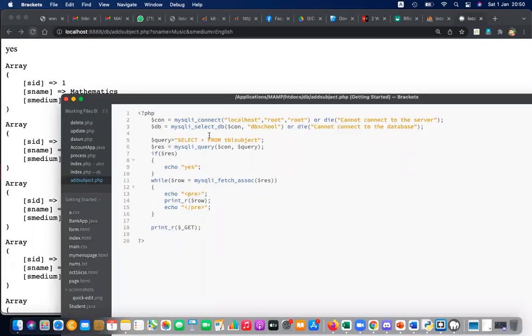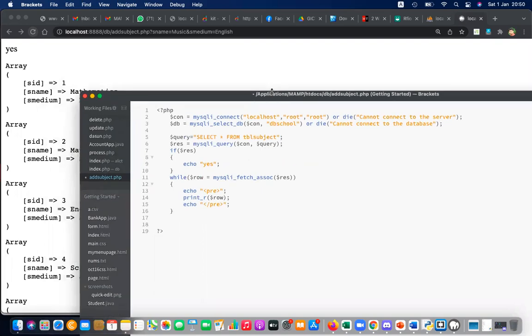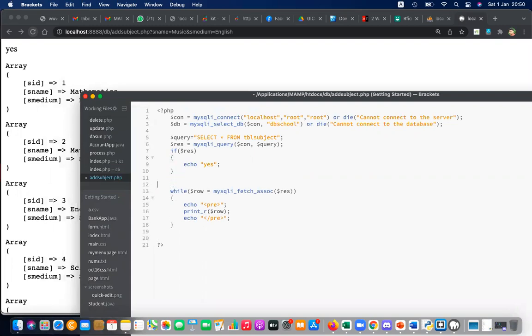Let's do that quickly. You don't need the get one now. You just want to print the results. And if you want to print the results nicely, don't use print_r. Let's use a table, an HTML table. You can echo